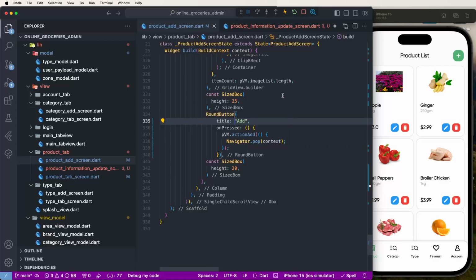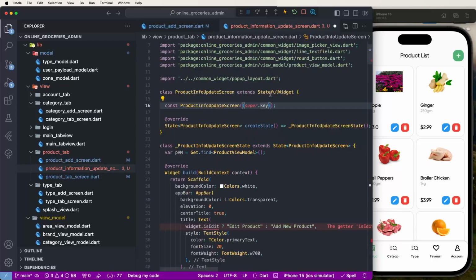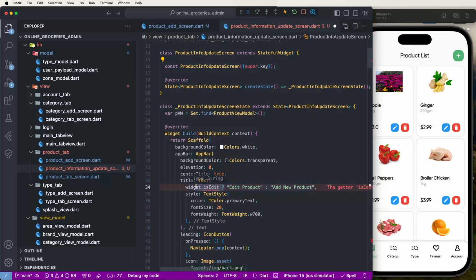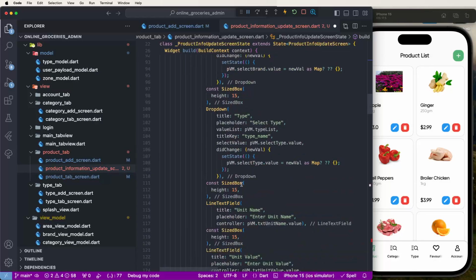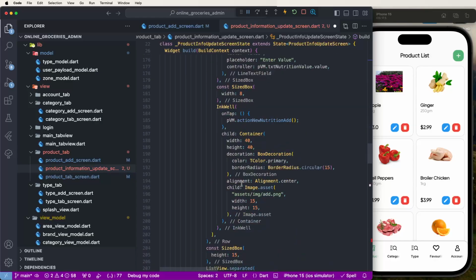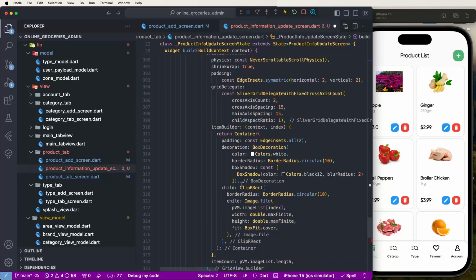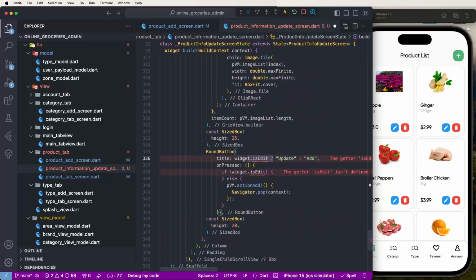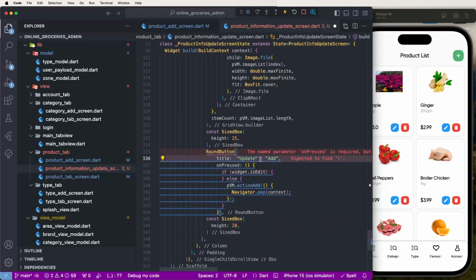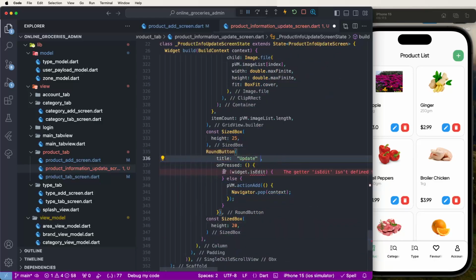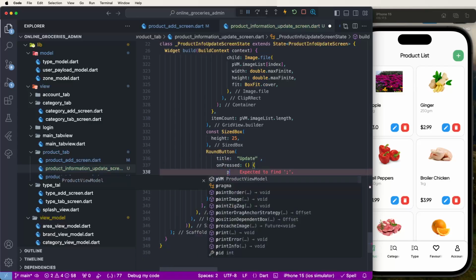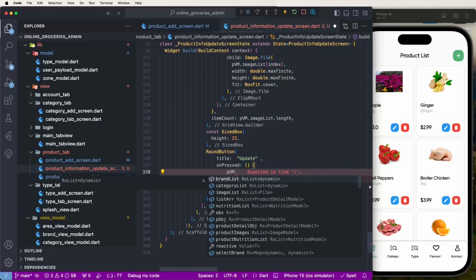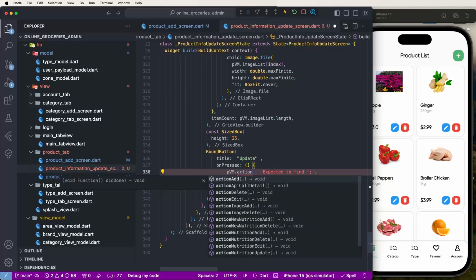Now need to save. Now need to go inside the update screens and write down here the edit object like here. Then after some need to set here some configurations. Scroll down and write down here the update title. So need to call this here this event and remove this. Now need to call this here the pvm dot, need to call this here the actions